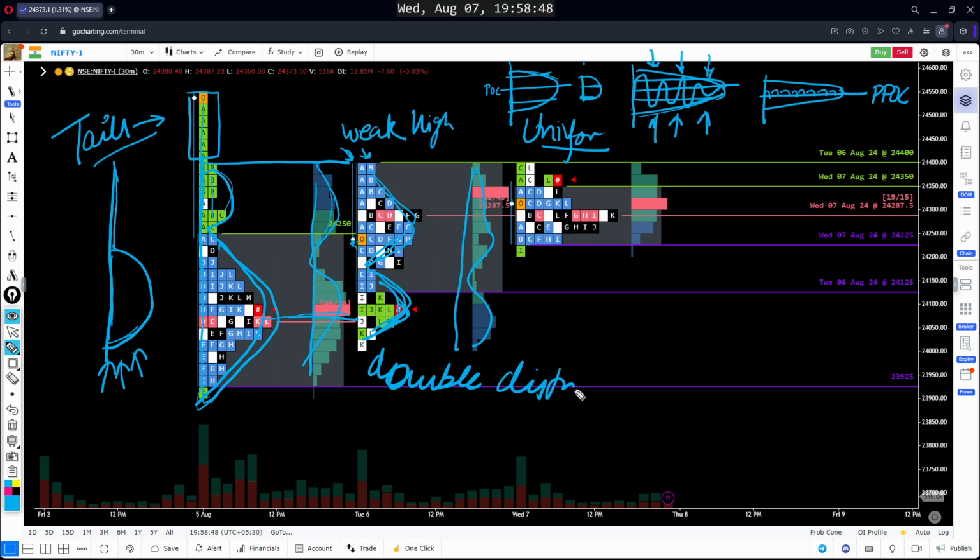We have seen it in the previous class, I think. And these both are elongated profiles, and in an elongated profile the market is trying to find value, trying to go up and down and leaving the areas and all. So when this happened, that the market went away from the area,